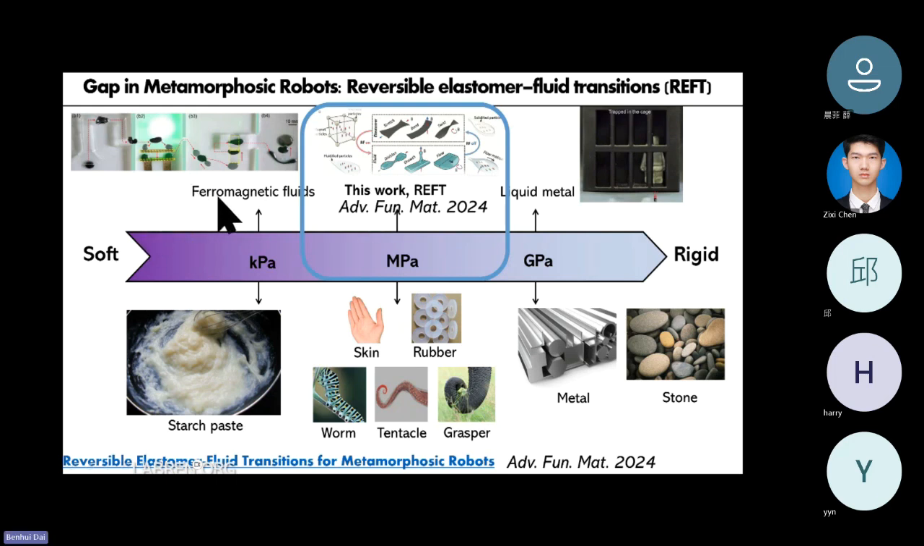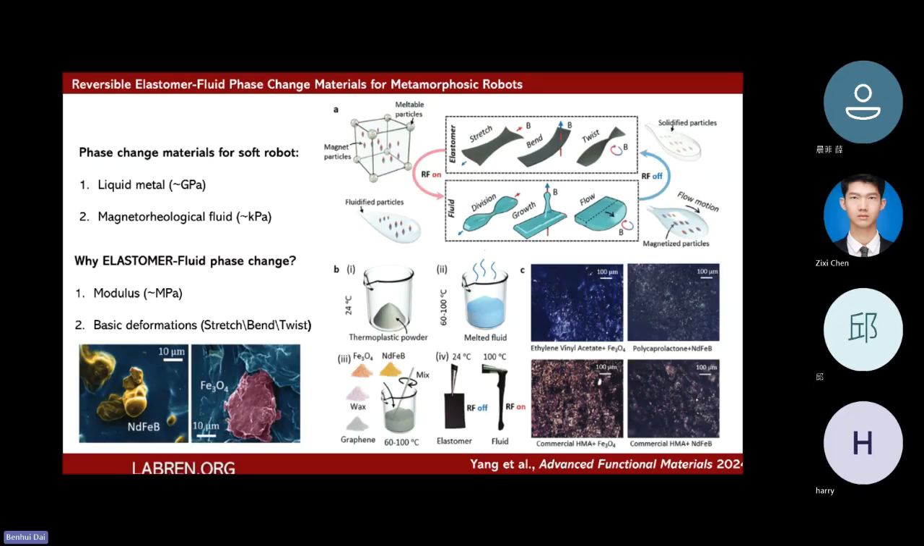phase transition material from liquid to solid. So it's either too soft, like water or fluid, or too hard, like hot piece metal, gigapascal, but not something in between available. So we want to develop this reversible elastomer fluid phase changing material for continuum catheter